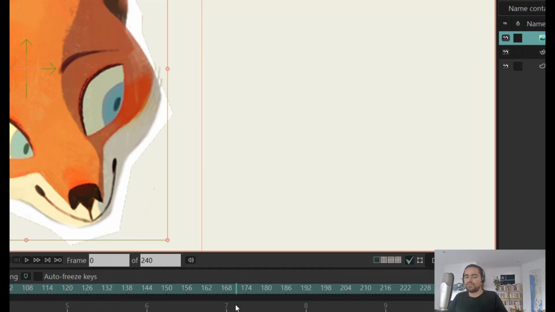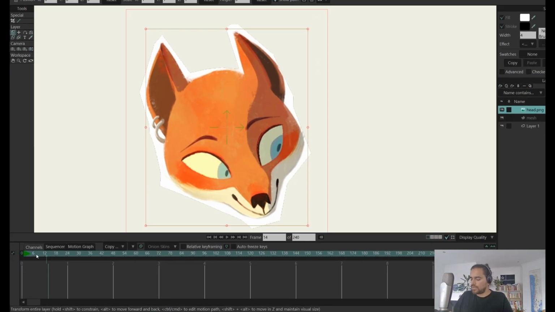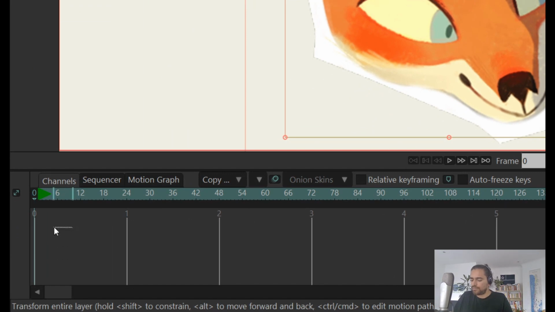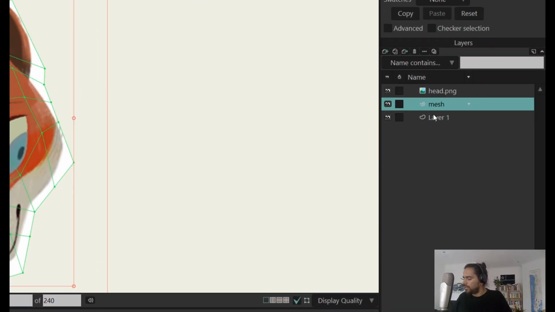I press OK, and now that mesh is assigned to the image layer. So now if I go to any frame different than 0, everything we were doing here was on frame 0, because we were rigging the character, we were building the character. Now if we want to animate the character, we need to be in any other frame different than 0. So for instance, I will go to frame 24 here,